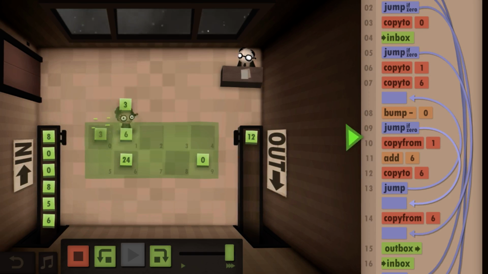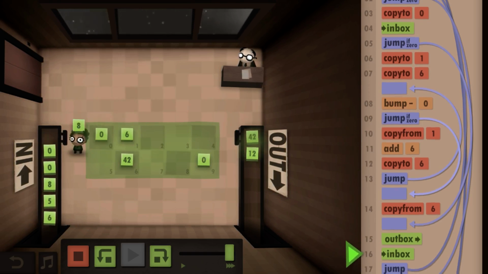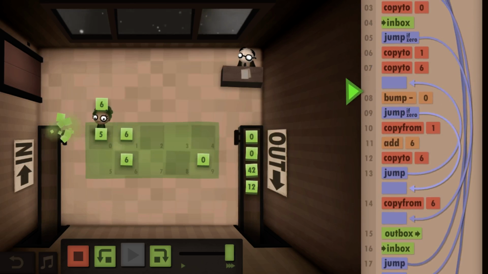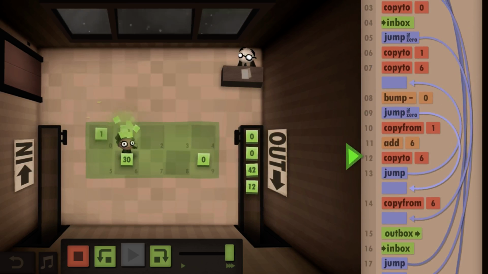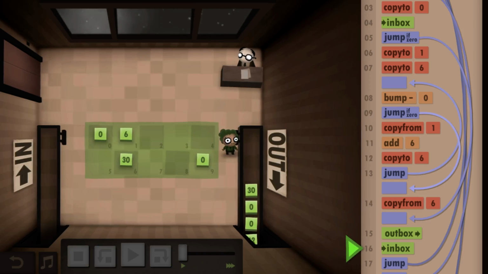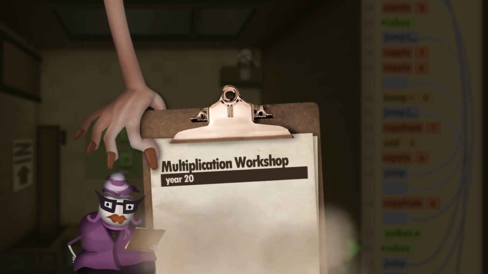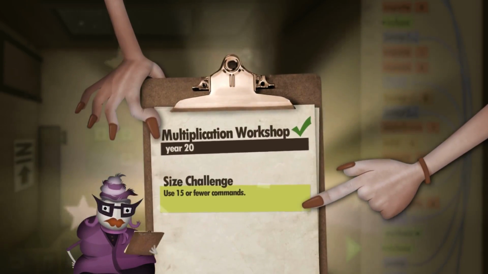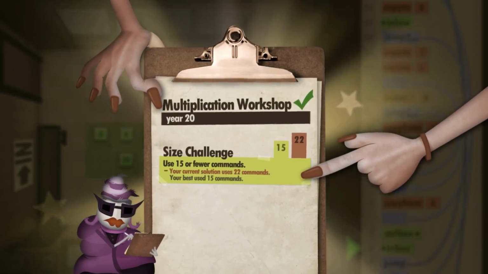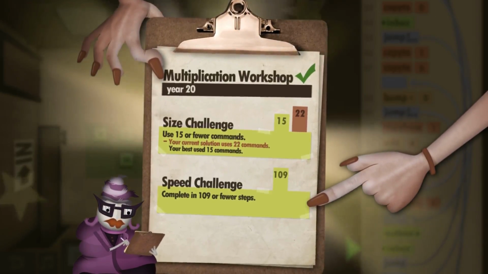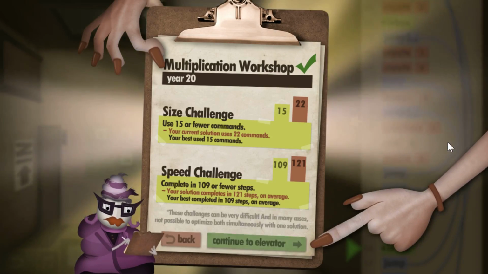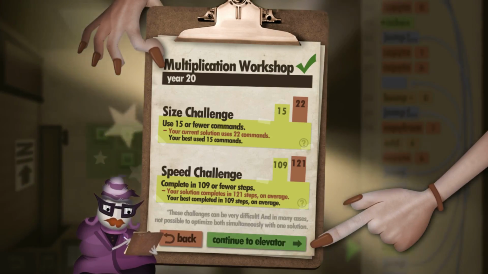This was probably the first program I did that succeeded. Notice nothing's labeled here because I have a tendency not to label things. Also, I think I kind of breezed through this. So 22 commands, 121 things.